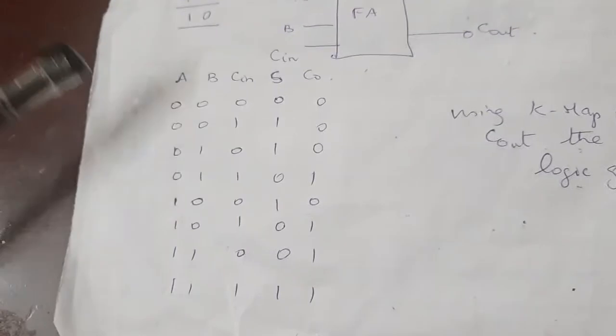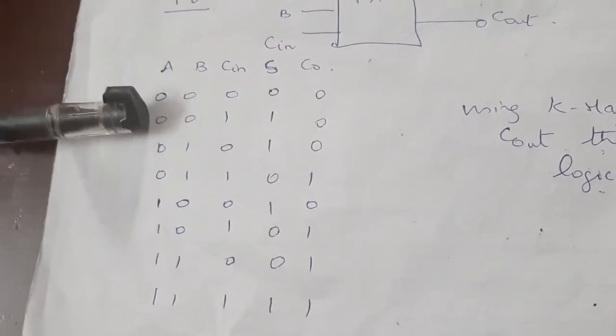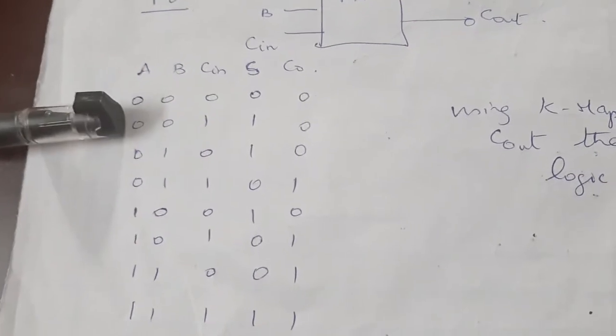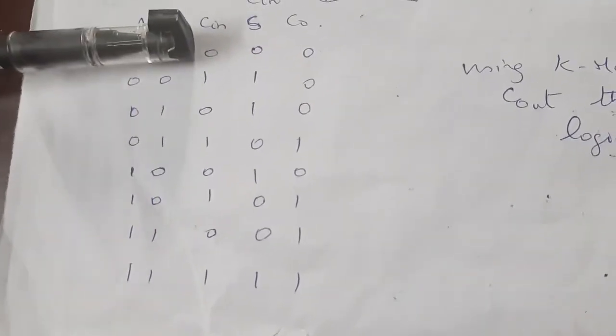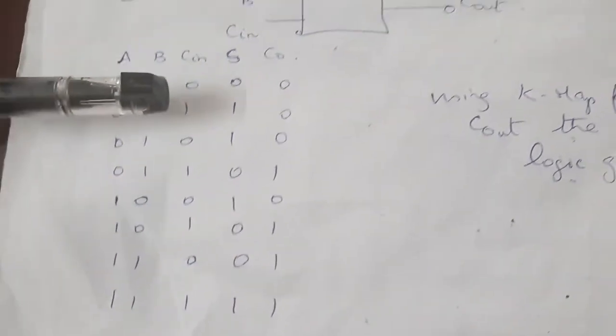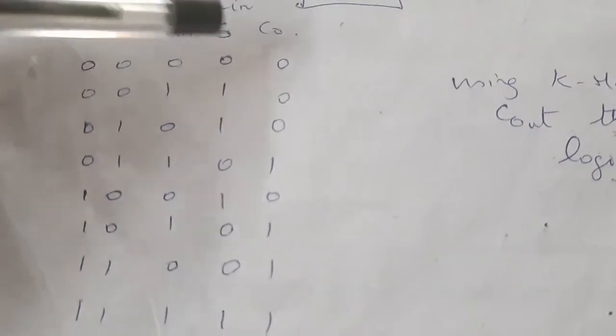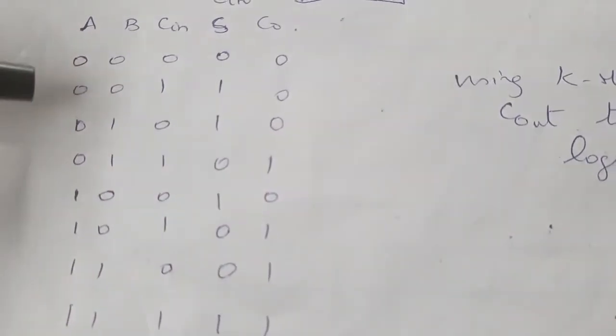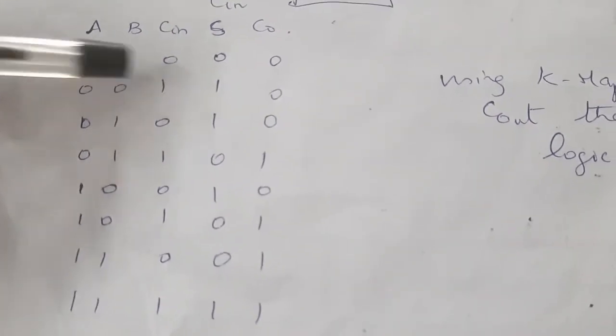While you write down the truth table, you note down the combinations. The inputs are 0 0 in both the first row and second row. Only the carry input you consider: if there is a carry, what is the output; if there is no carry, what is the output. So for the first one, A B 0 0, there is no carry, so output is 0 0. 0 0 1, carry 1 is considered. If you add all the bits, sum is 1, carry is 0.